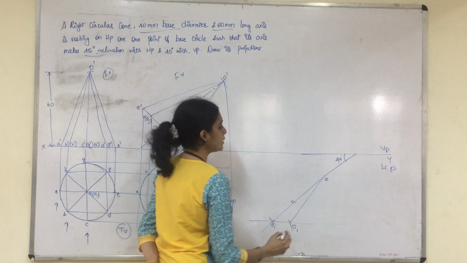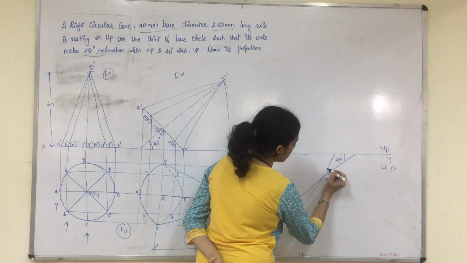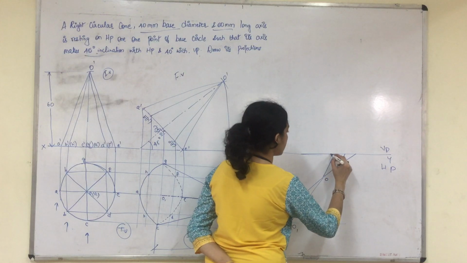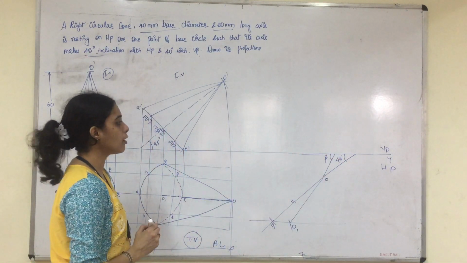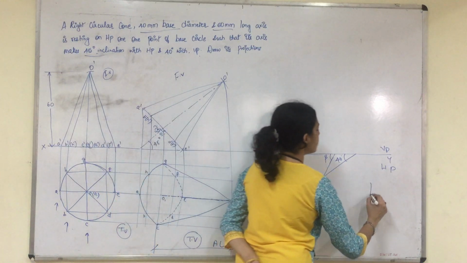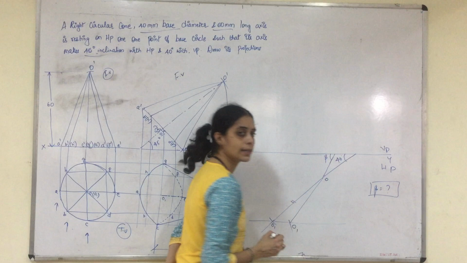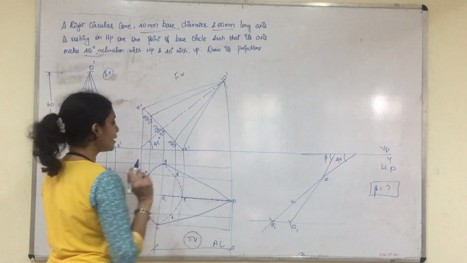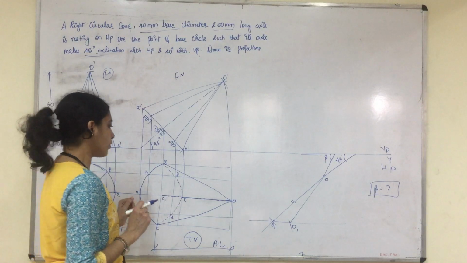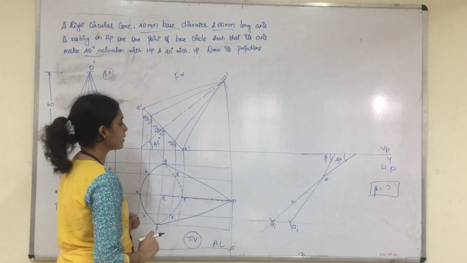Once you get the apparent length, you will extend this apparent length to our xy plane. So this will be nothing but our beta. Once you measure beta, please write a box and show what is the value of beta you are getting. Once that is done, we need to reconstruct our circular cone. Right, so we have just the axis right now. So we have to reconstruct the remaining part.